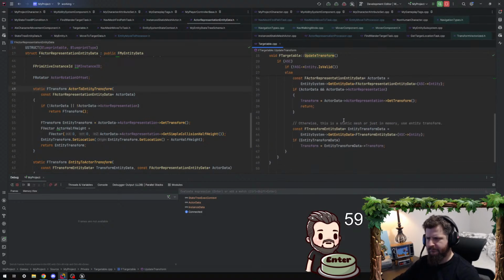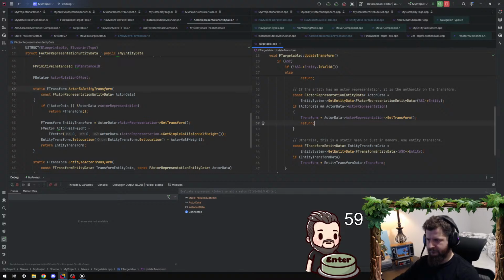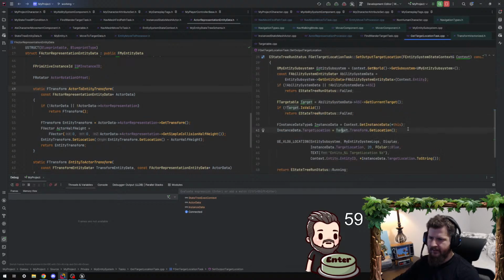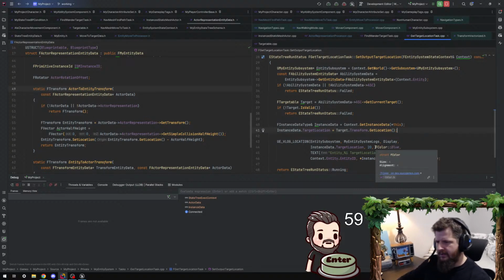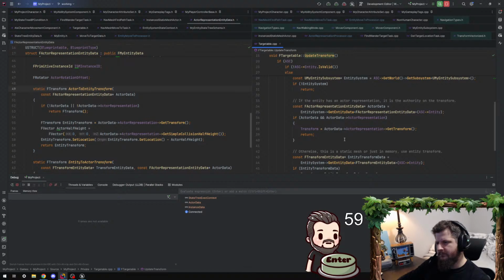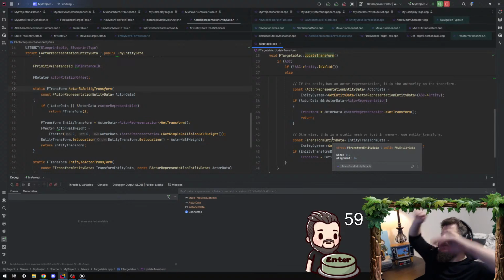Okay, so yeah, I need to adjust because I'm just getting the actor transform. Yes, yes. Okay, so I guess I don't actually have the actor. For targetable purposes,